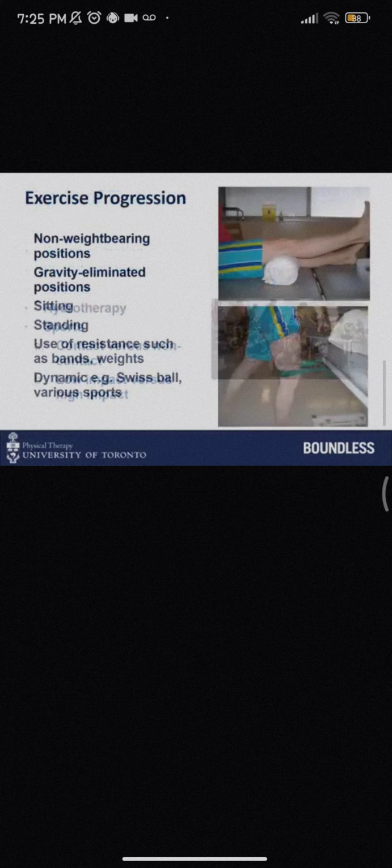As one improves and progresses with exercise for their osteoarthritis, there are ways to increase difficulty. Generally, non-weight bearing, gravity eliminated positions are the easiest positions with which to begin. Believe it or not, moving a limb against the force of gravity provides a form of resistance. Eliminating gravity makes things easier. Weight-bearing positions provide a more functional approach for the lower extremity and incorporate neuromuscular principles that have been shown to be effective by the GLA:D program, which I will talk about later.